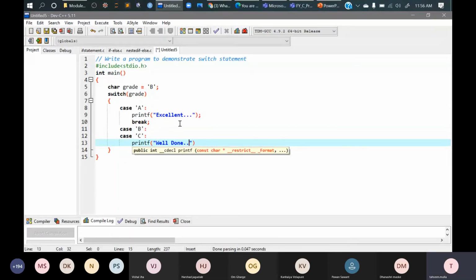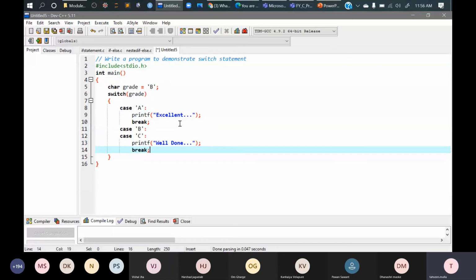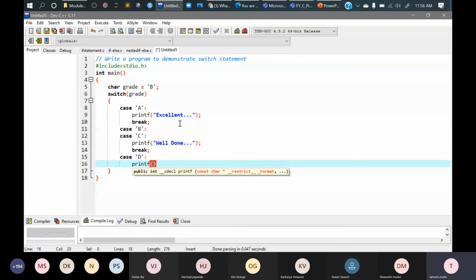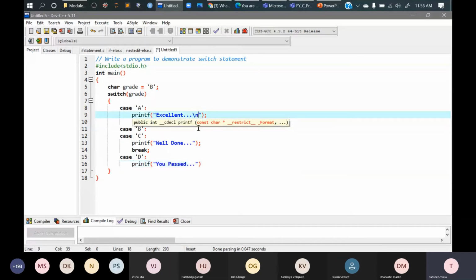I'll put well done for getting a C grade. Then a break statement. Then we'll take one more case as D, to indicate what remark he'll get after getting a grade of D. So passed, that's just on the verge. We'll take a new statement for each one on a new line.